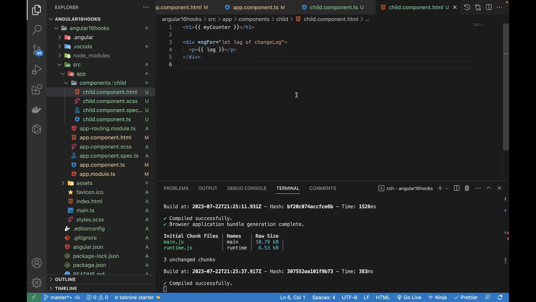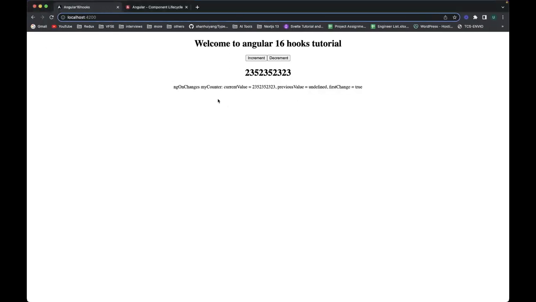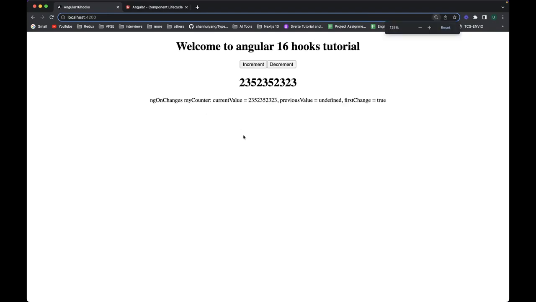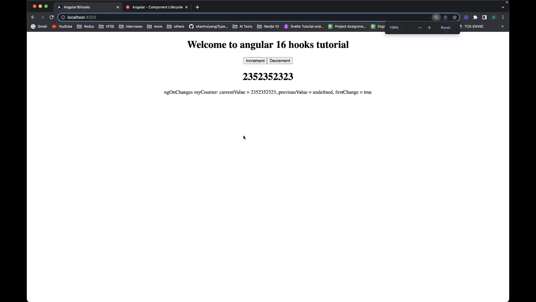So I hope that it will work fine. If I go over here, whenever that particular child component is triggered, let me zoom in, this ngOnChanges hook will be automatically triggered. It is currently showing that this is the hook which is running, and this is my counter,